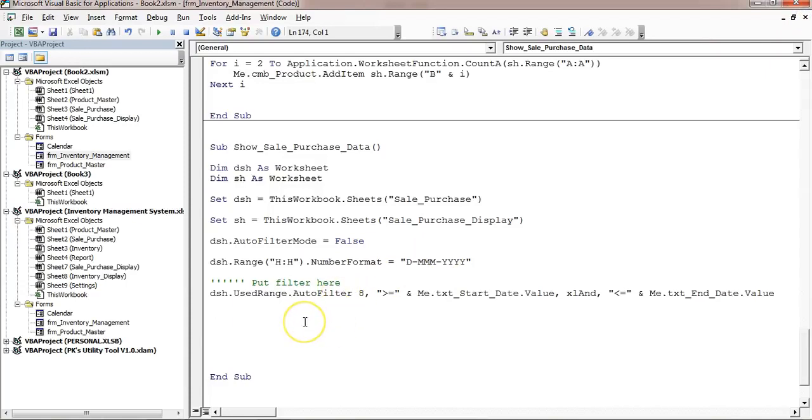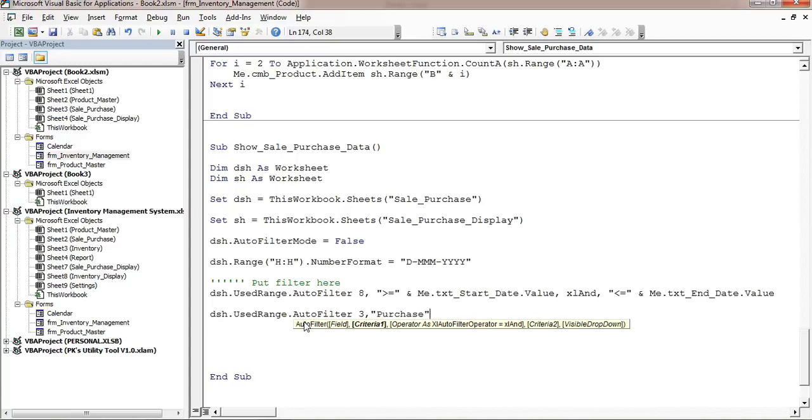So what I will do here, I'll use DSH.UsedRange.AutoFilter, and we will filter by type available on column number 3, comma, we will use here purchase.